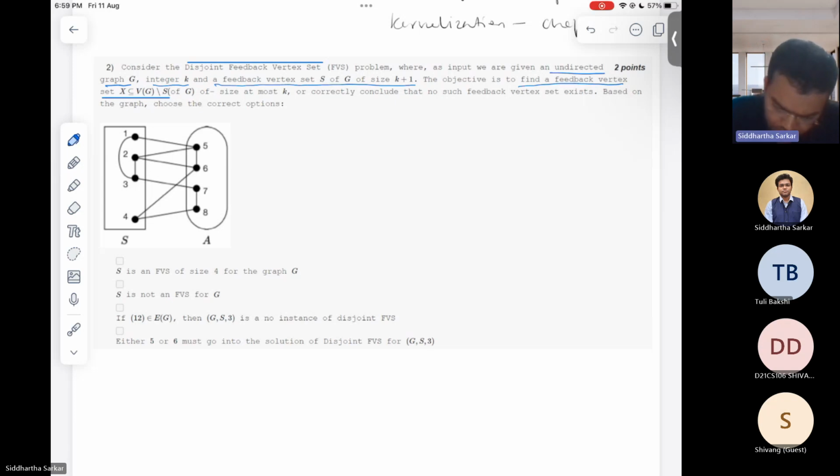We want to find a feedback vertex set of G, the given graph, of size at most k. Additionally, we want this feedback vertex set, let us denote it by X,